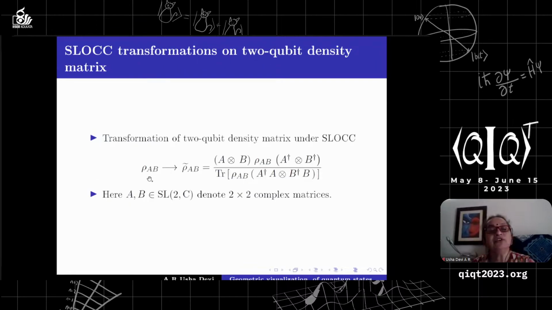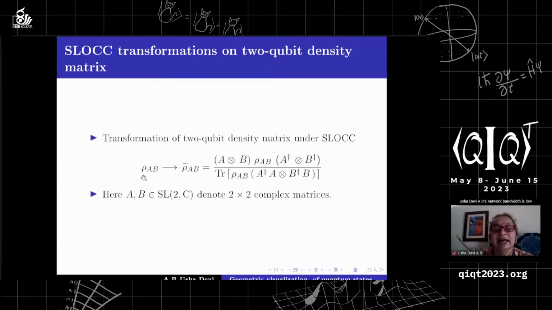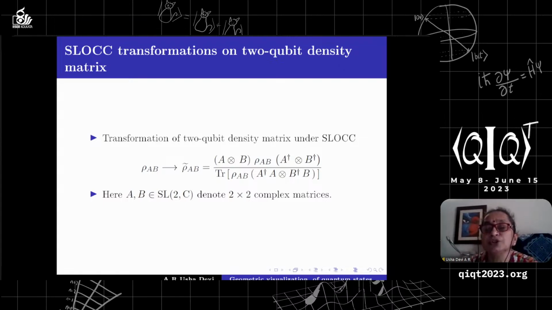All of us know that when I take a two-qubit density matrix and do a local operation, a local operation, like a rotation, is like changing an orthogonal basis XYZ coordinate system to another XYZ. But what is a stochastic local operation, mathematically represented? It is a 2x2 invertible matrix. For all our purposes, we can choose a determinant 1 because it's invertible; I can take off that